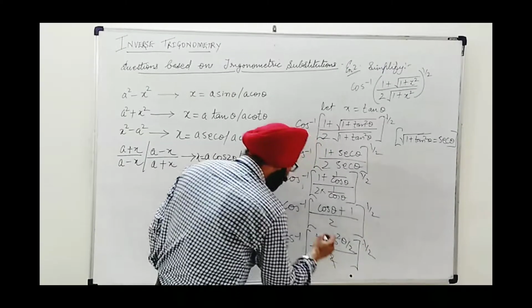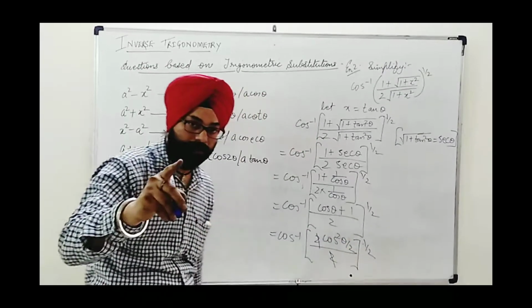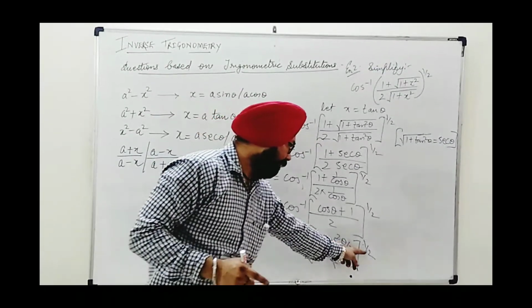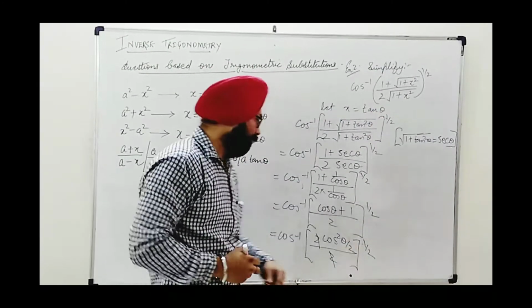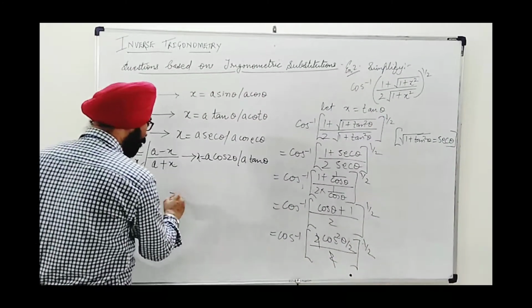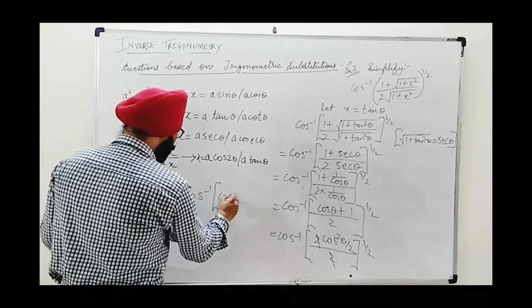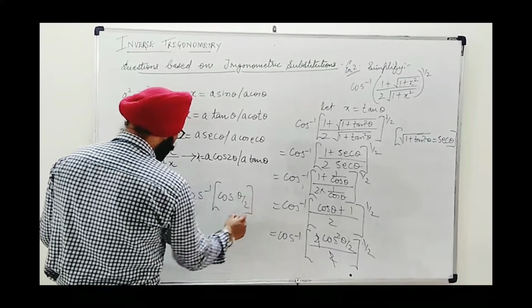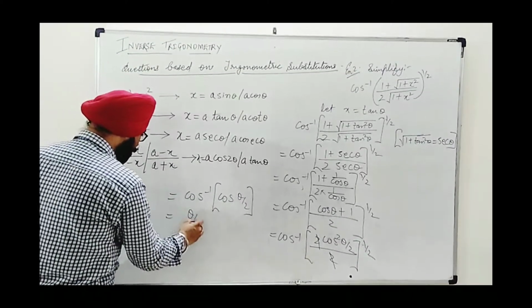Now obviously as we are given the power 1 by 2, which is a square root actually, this is a square and this is 1 by 2. No condition is provided, so it can directly be cancelled out. We are further left with cos inverse of cos theta by 2. Now by the law of cancellation we are left with theta by 2.